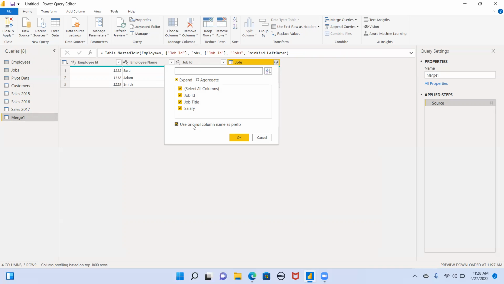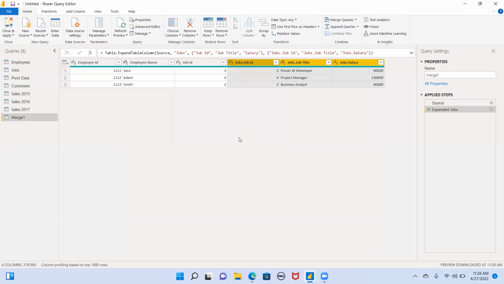And then this is use original column name as prefix. That means whatever the table that you are merging, that table name will come as a prefix. So to differentiate between the column names in both the tables. Sometimes the common key is the same, and then some columns, if they are same, there will be a differentiation in the column names. So here you have